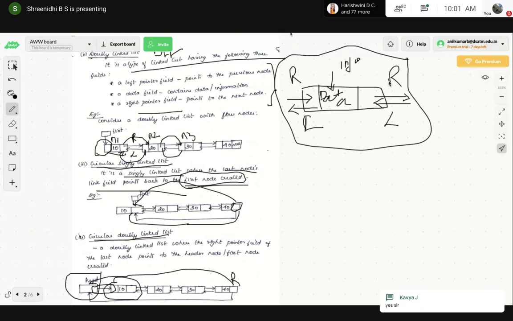Is it clear why there are two links in the circular linked list? Here the links are for both the nodes, node 1 and node 2. Both the links should work in a circular fashion when we have only two nodes.